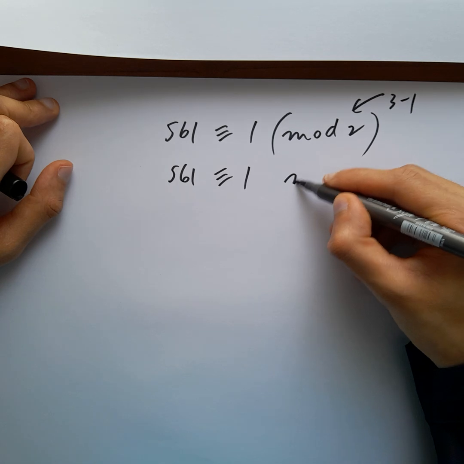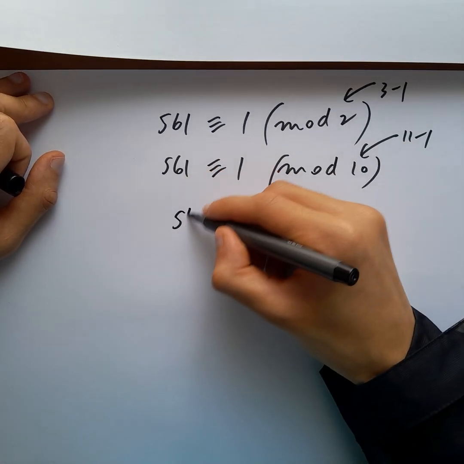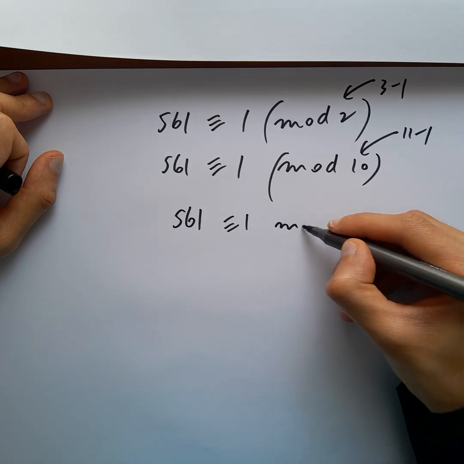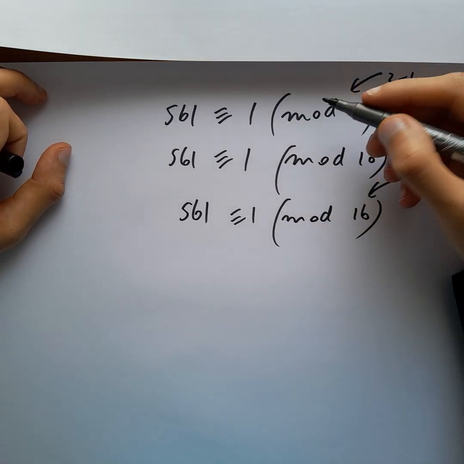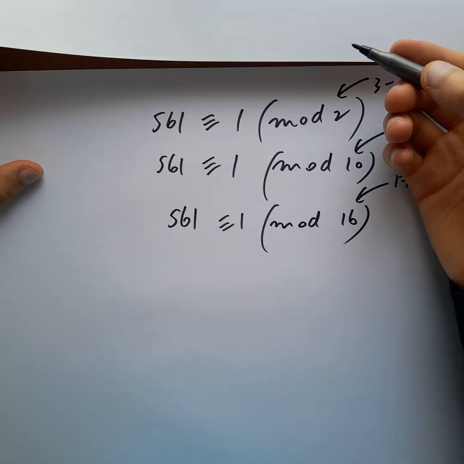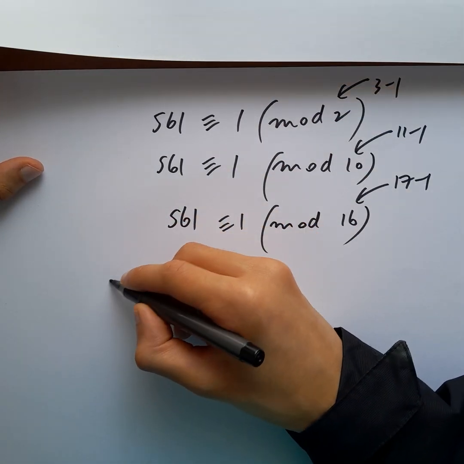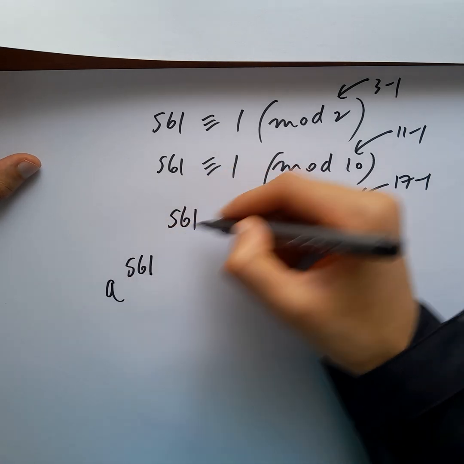It is also congruent to 1 mod 10, that's 11 minus 1, and it's also congruent to 1 mod 16, that's 17 minus 1. So if you take any integer a and raise it to 561,